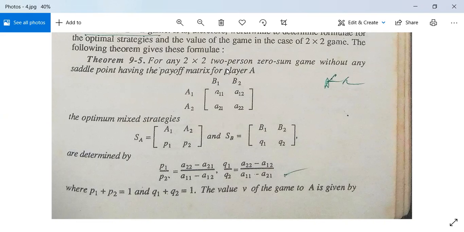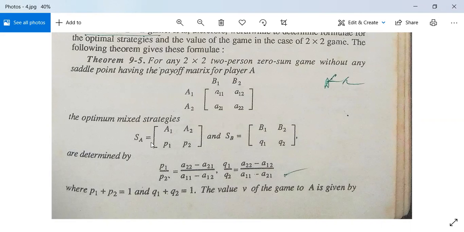For any 2x2 two-person zero-sum game without any saddle point, मतलब यहाँ पे सैडल पॉइंट कोई नहीं रहेगा, having the payoff matrix for player A1 A2 B1 B2, ये प्लेयर A का पे ऑफ मैट्रिक्स है, A11 A12 A21 A22. The optimum mixed strategies for A are A1 A2 with P1 P2, and for B, B1 B2 with Q1 Q2. ये B1 B2 है प्लेयर B का, और ये A1 A2 है प्लेयर A का।